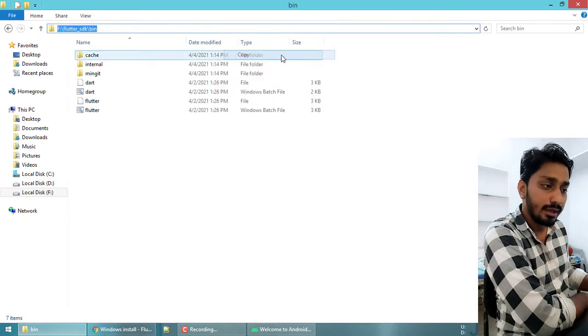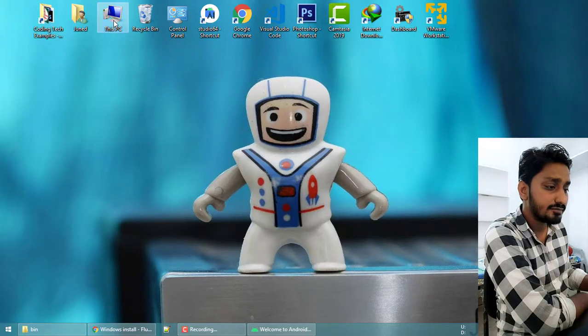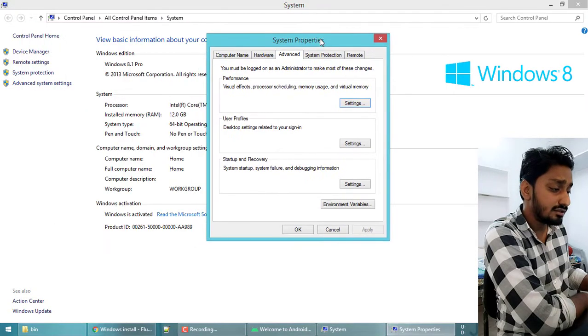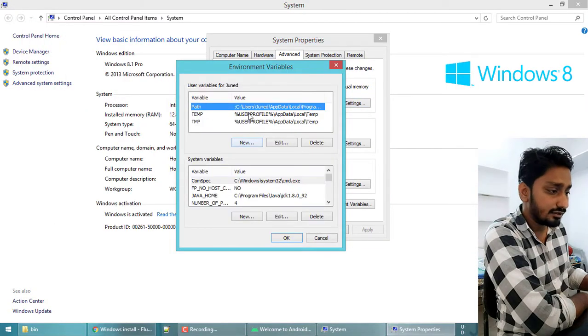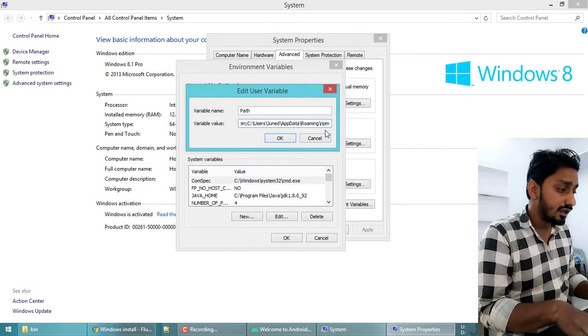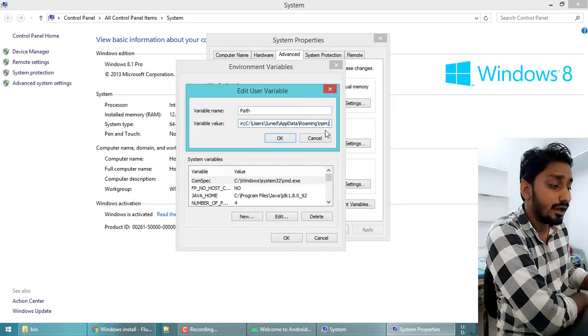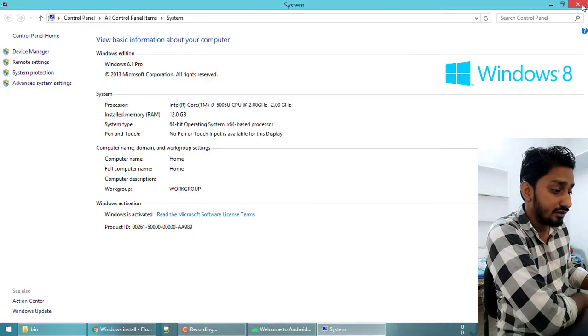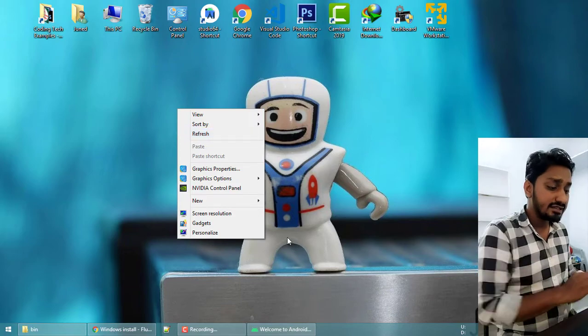Now right click on your My Computer, go to Properties, click on Advanced System Settings. Under that, click on Environment Variables. Now select the path, click on Edit. Now press the semicolon and paste the Flutter SDK bin folder path. Click on OK, OK, OK, and close the My Computer properties. Now what we have to do next is